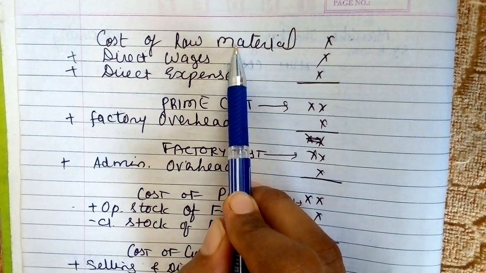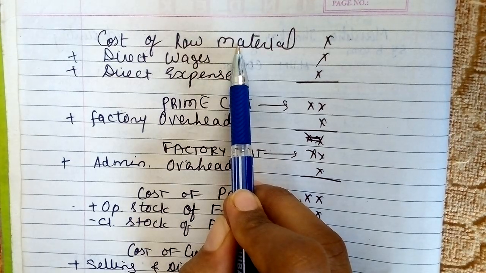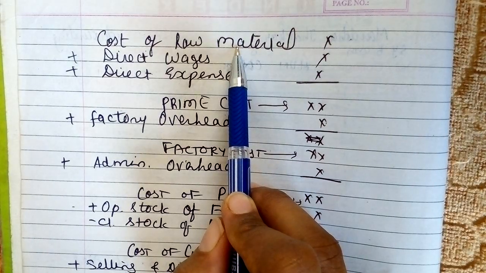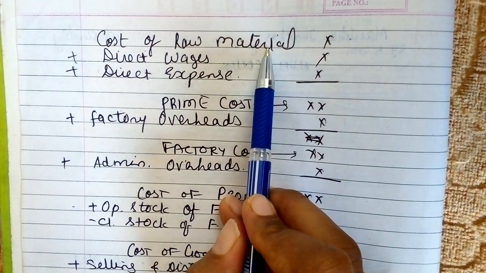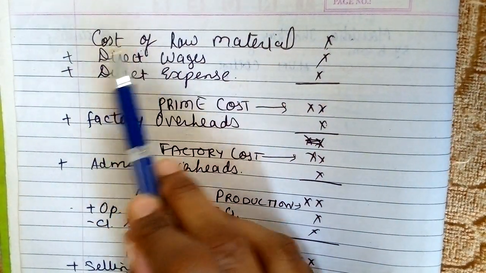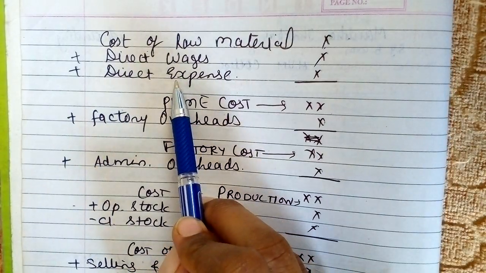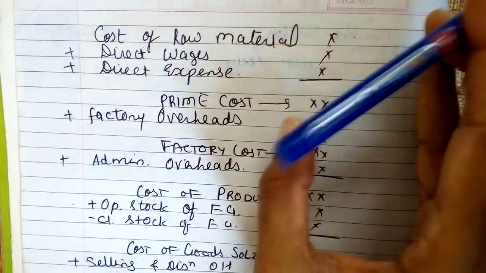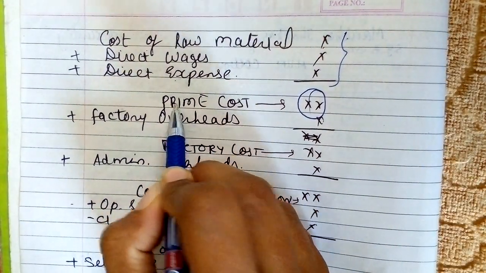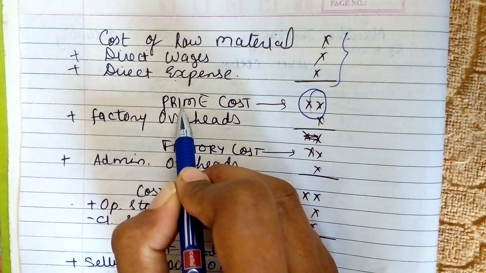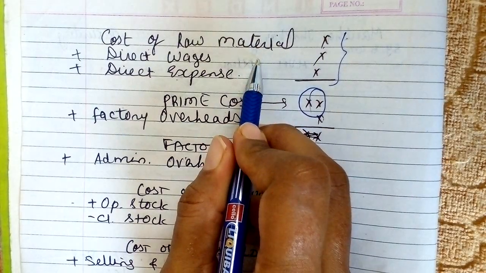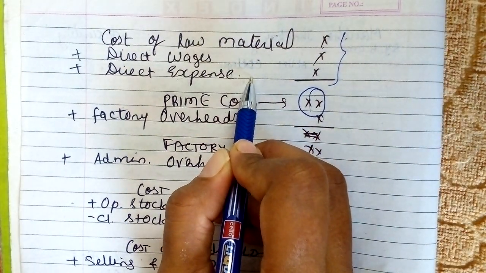This is the shortcut of the table. Alright, there are various other expenses included under such headings, but right now I am just referring to the main points. So cost of raw material is for example X. Then we need to add direct wages and direct expenses if any. By adding three of them we get our cost, which is called prime cost. Prime means basic, primary. So the basic cost of any product can consist of cost of raw material, wages, as well as direct expenses.